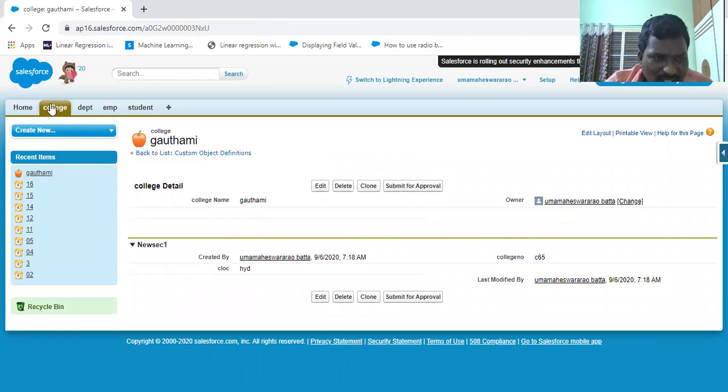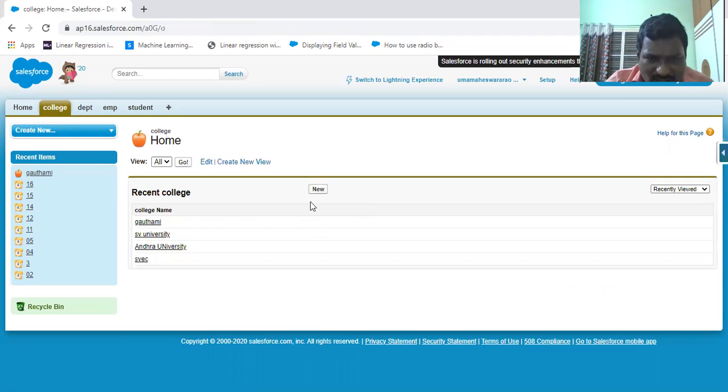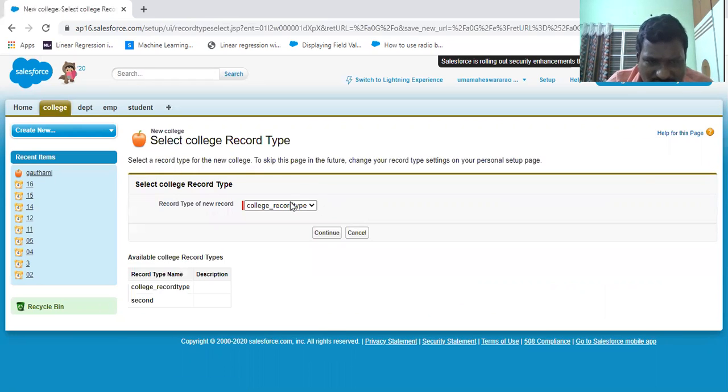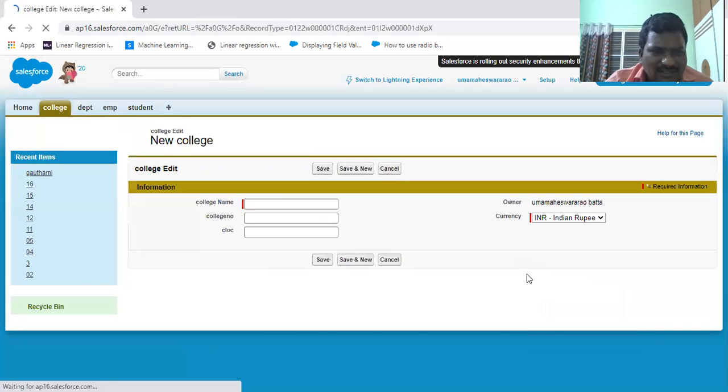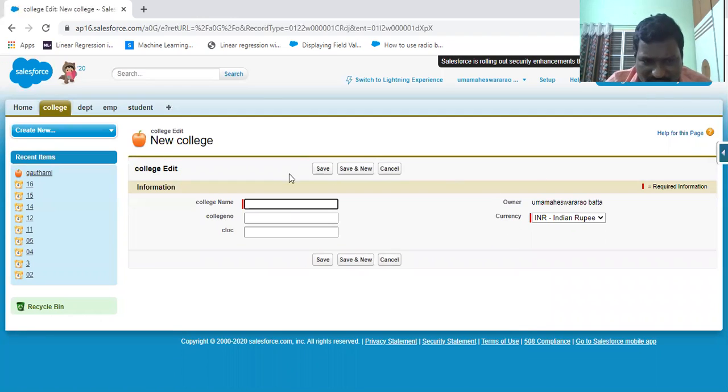Now go to the second one, the second record type. The first is one format with college name, college number and college location. This is another format.